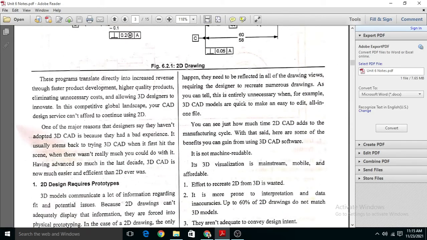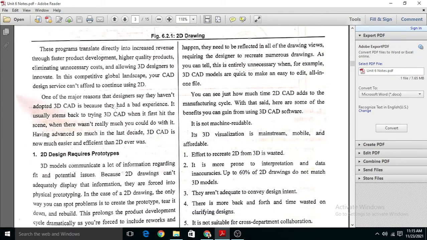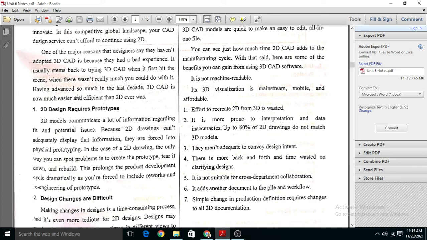See here, 2D design requires prototypes. The first disadvantage of 2D is it requires a prototype. A 3D model communicates a lot of information regarding the fit and potential issues. Because 2D drawings can't adequately display that information, they are forced into physical prototyping.